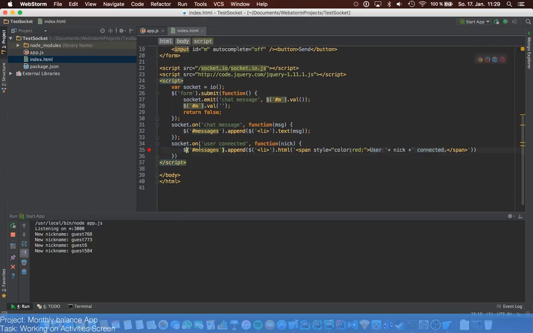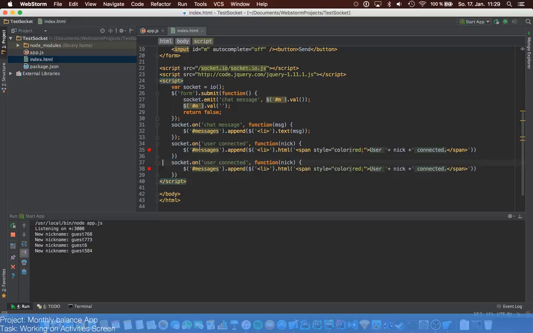So let's listen on this set nickname event in the client. Present another message connected as